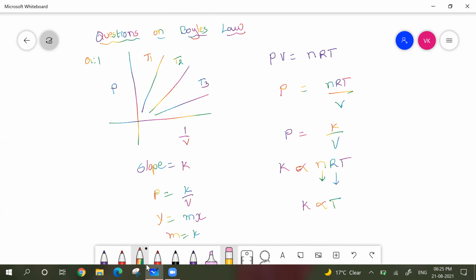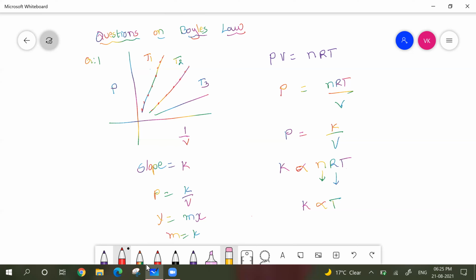With increasing temperature, slope value increases, or slope increases means temperature increases. Based on this, you can see which has the higher slope: T1, followed by T2, followed by T3. Whenever there is an increase in the slope, obviously there will be an increase in the temperature value. So what is the order now? Because Boyle's law only gives the relation between pressure and volume, but you should be able to compare the temperature also, how the temperature changes. Remember students, these are isotherms, where on each particular line the temperature is constant at any point of the graph. But this is a different graph, a different isotherm, where isotherm means the temperature is constant.